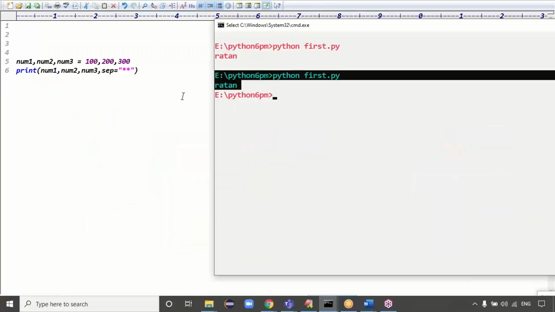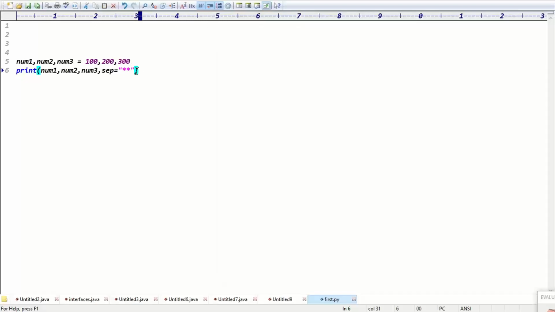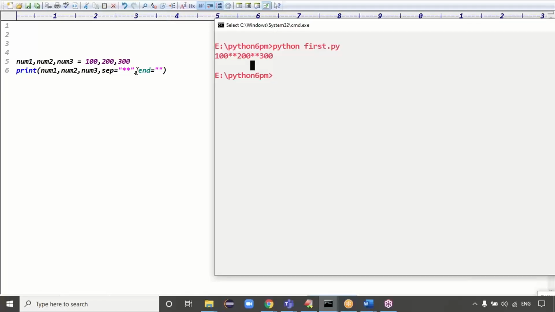Did you get the new line or not at the ending? At the ending, you got the new line, right? Because end is by default new line. Guys, end is by default new line or not? But I don't want this new line also. Then what do I have to do? Can I use end equal to empty, right? Exactly. Guys, are you clear now? Now you can run this code. Did you get any ending value here? No, right? Empty. No new line, right?